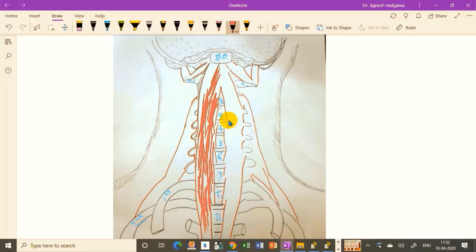And out of them, this lower portion is the lower oblique part. This upper portion is the upper oblique part. And here, this is the vertical part. This muscle is the scalenus posterior muscle. It is going to insert over the second rib. And this is the scalenus medius muscle. The scalenus anterior muscle is cut down here and not shown because we want to see the other prevertebral muscles. So this is the first rib on which the scalenus medius muscle is going to insert.